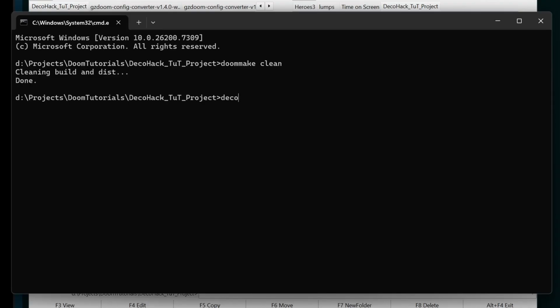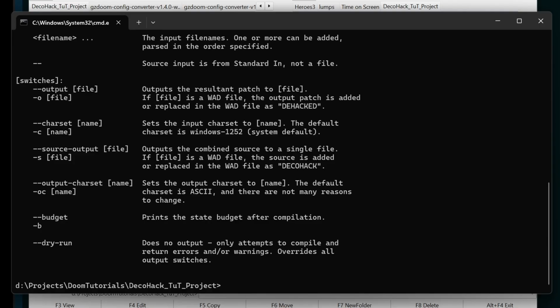I can use the DecoHack. Let's just do DecoHack --help. And you can see it's O for out file and S for outputting source. So all I need to do is go DecoHack main